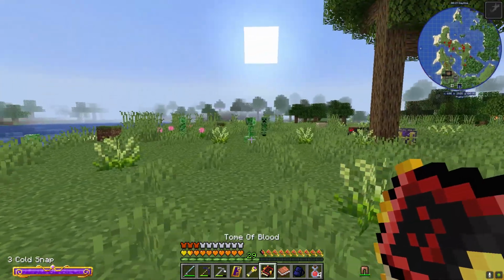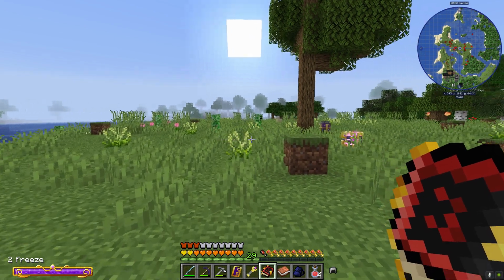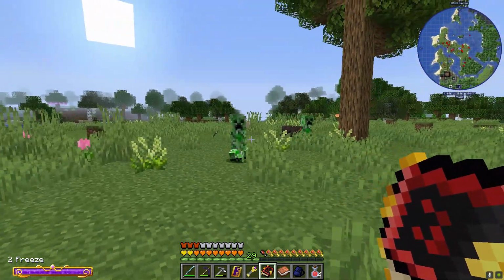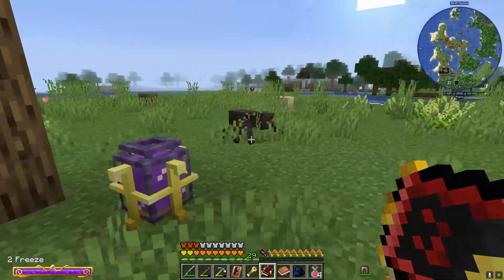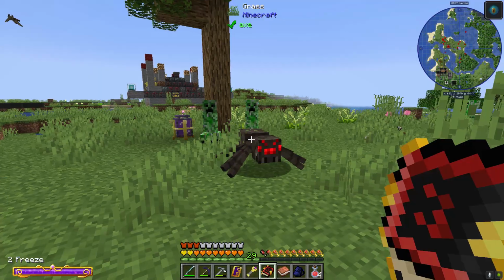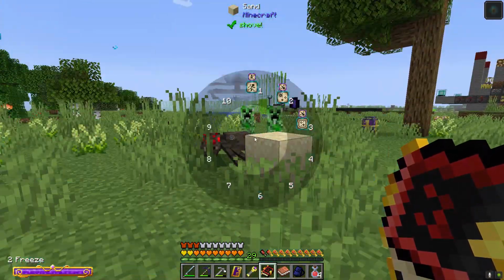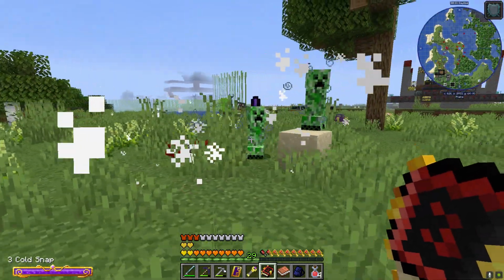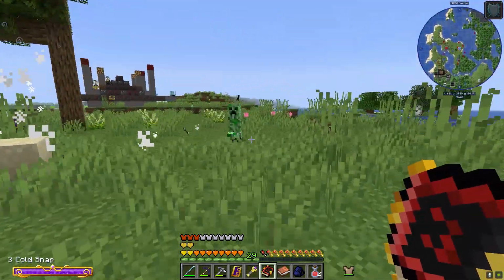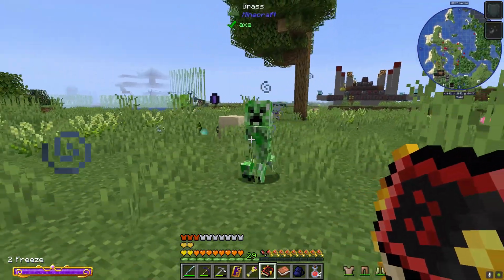Okay, and then if we come out, I need to change this hotkey here. We come out here and we grab ourselves a couple creepers and a spider. Come over here towards the spider. Alright, we shoot the spider. And then we shoot the cold snap. Boom. There we go. So that's quite a bit better. For sure, but...